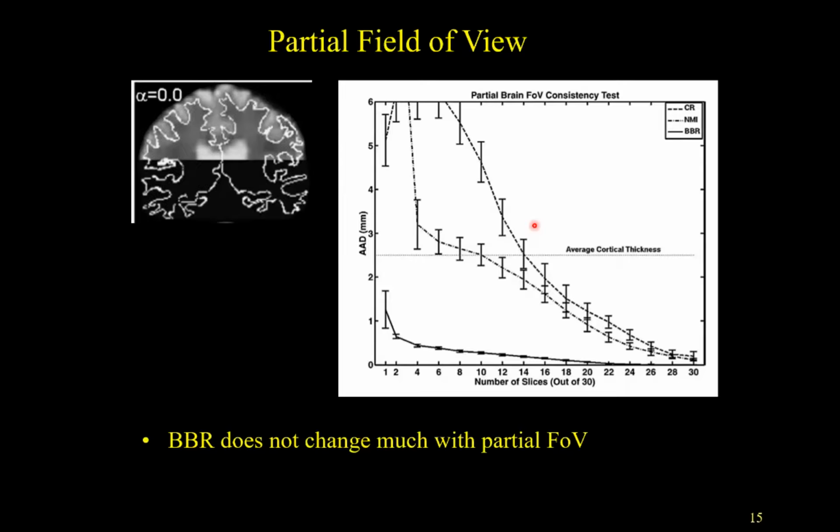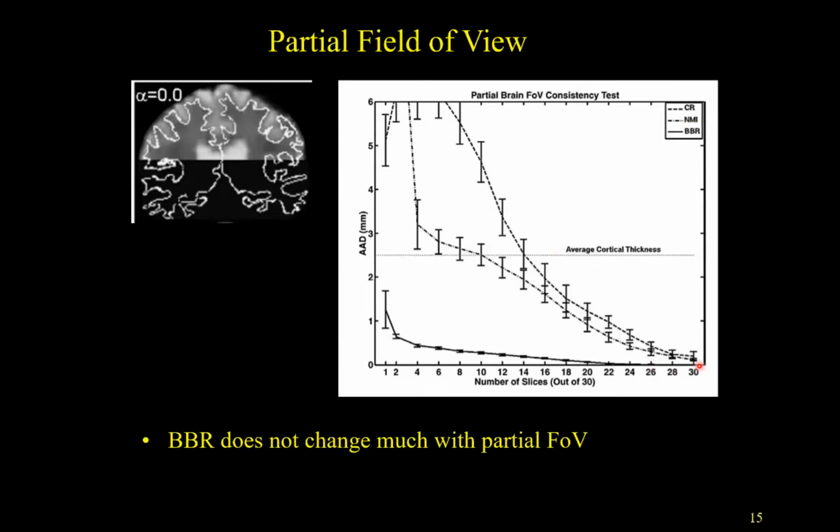And then I started removing slices: remove the top and bottom slice, remove the next slice, remove the next slice. So that's what this horizontal axis is here. It starts at 30, goes all the way down to just a single slice. And then the vertical axis is how much the registration moves when I'm reducing this field of view. These are correlation ratio, which is what FSL uses, NMI, which is what SPM uses, and then